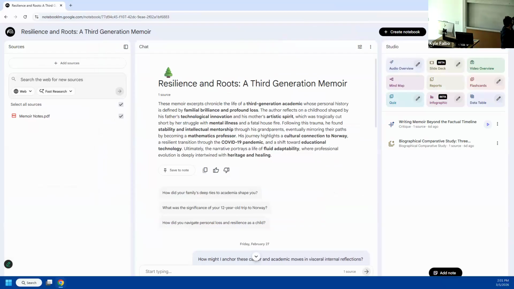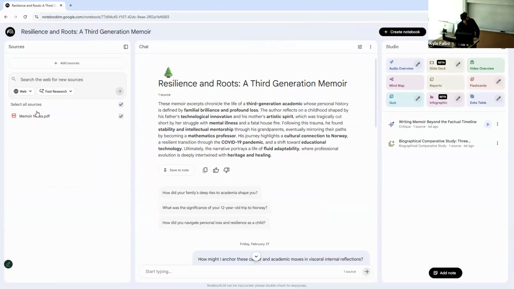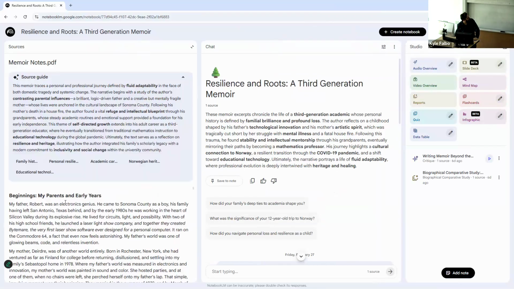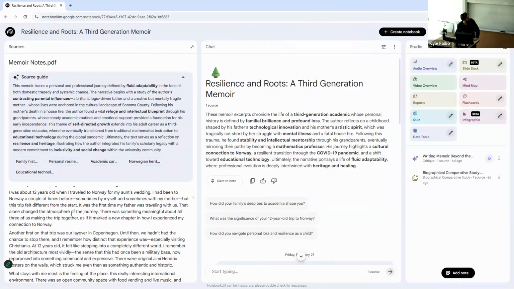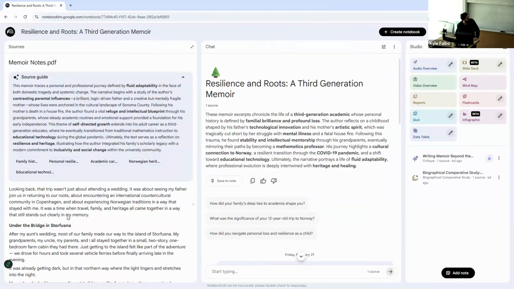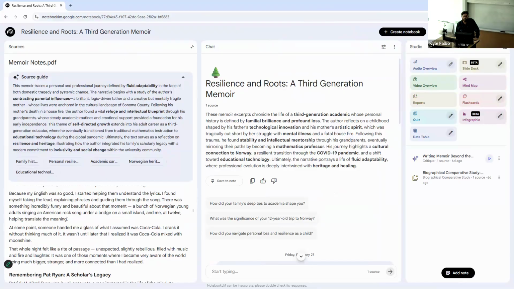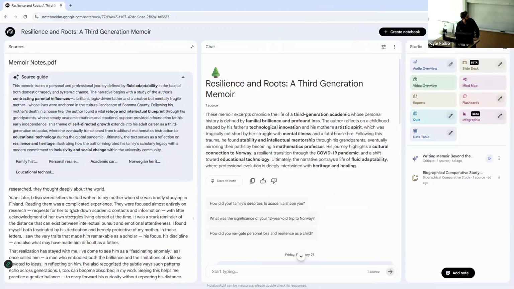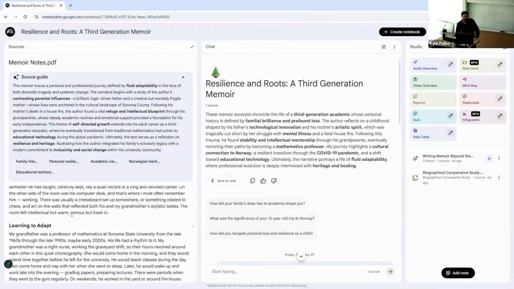To give you a sense of what it is, I came to NotebookLM. I added a new notebook. I added the sources. I added my 8-page memoir notes. And just give a quick look at what that is. I can click on the actual tool itself, and you can see all these little subchapters. These are all things that I generated using the memoir writing tool, and there are all these sub stories that I built in.